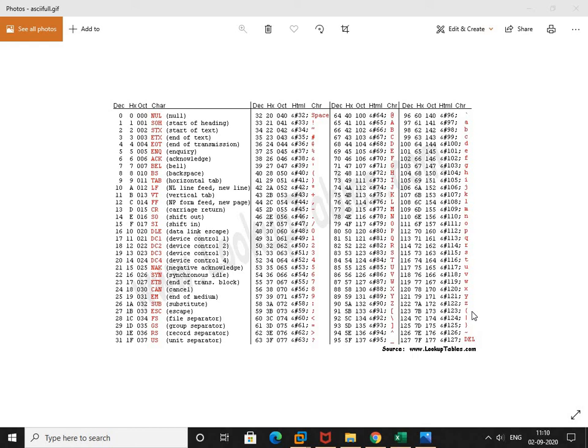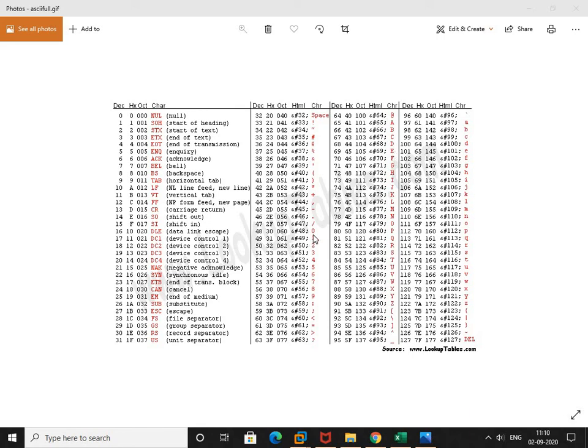Now, for this code, whatever input we are going to accept in terms of numbers or strings, we are going to consider the ASCII hex values from 0 to 9 and capital A to capital F, since our hexadecimal number lies between 0 to 9 and capital A to capital F. Let's see what the ASCII hex value is for the keys 0 to 9 and for the keys capital A to capital F.